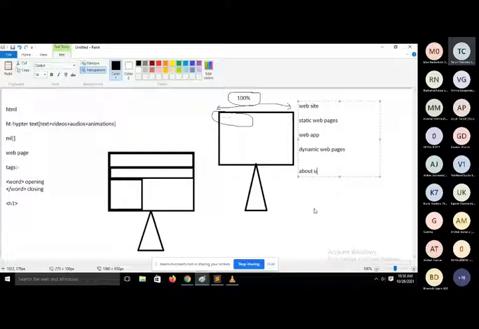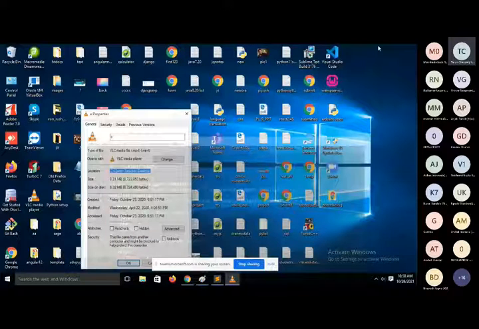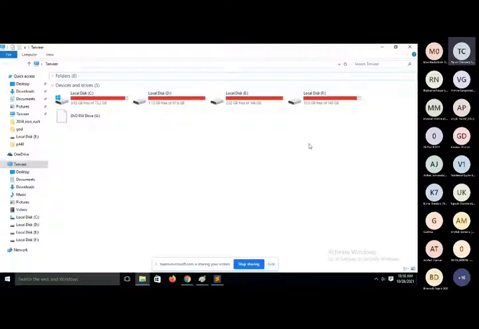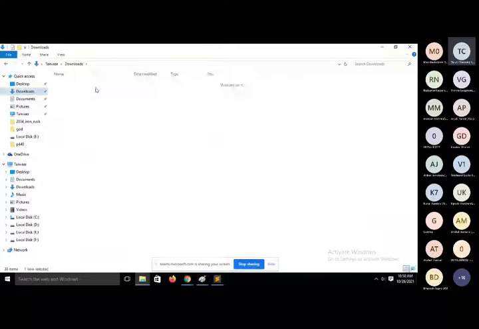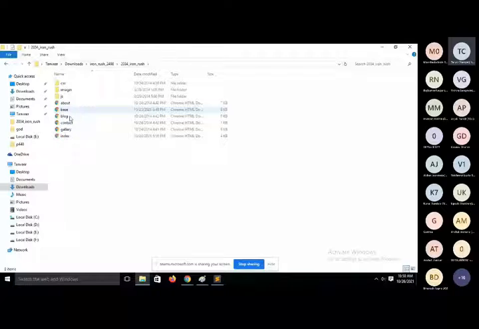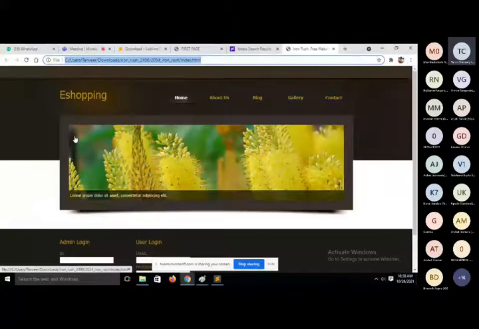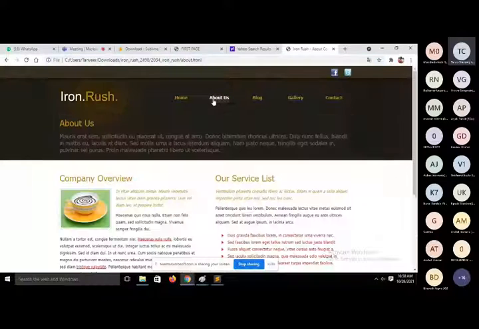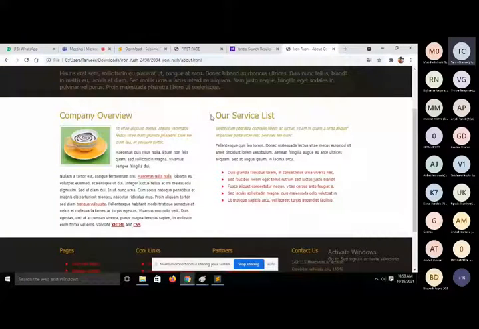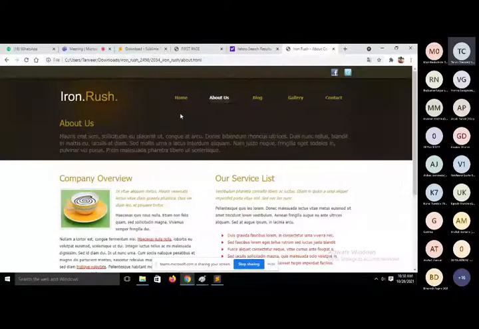Most of the web applications contain the same about us content. See, have a look. We have a template like this. So when you will click on about us, then for each and every user, this about us content will be the same. So basically it's a static content, and collection of static content is known as static web page.